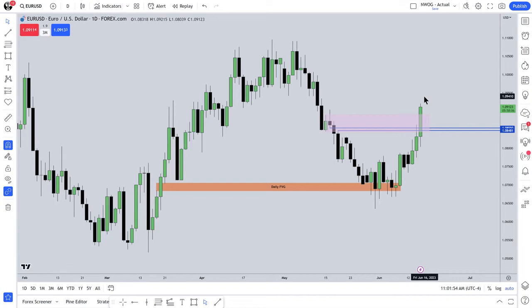So I'm not going to spend a great deal of time going through this one because everything I just showed you in dollar will be a mirror image of everything you see here in euro. So we're just going to drop down into an hourly chart because there's a lot of things I want to cover, and if I'm not careful, we could be into this thing till 8 o'clock tonight.